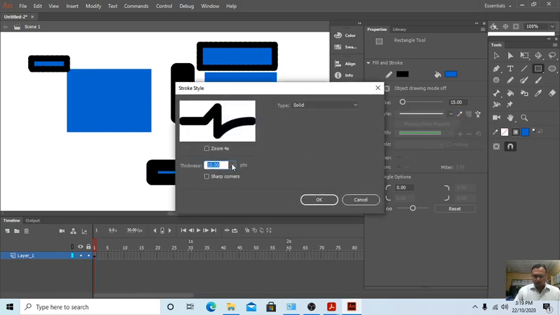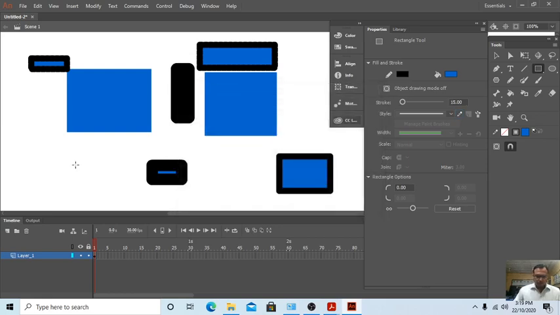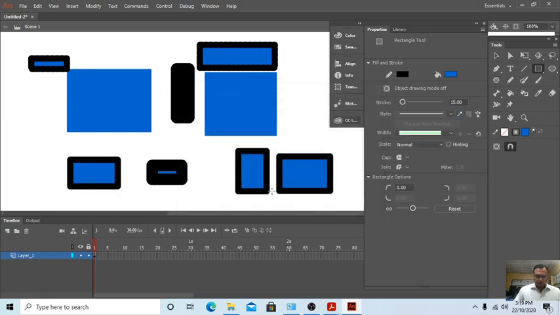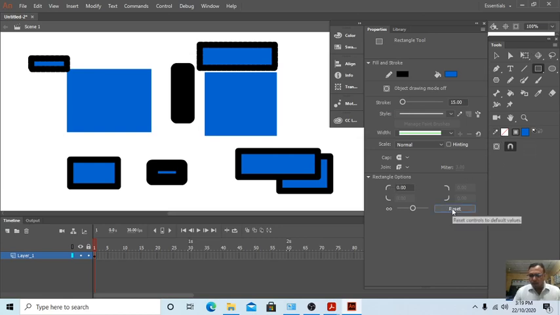Yes, the thickness. What happens, friends? See here. The thickness has been increased. In this way.